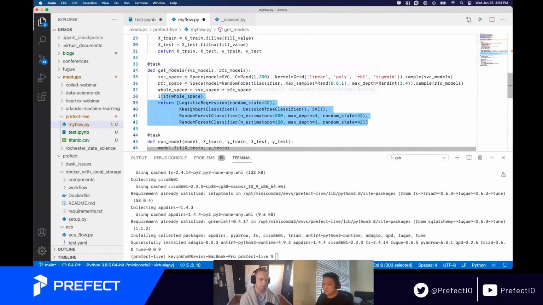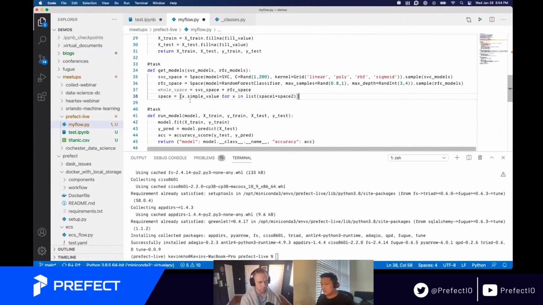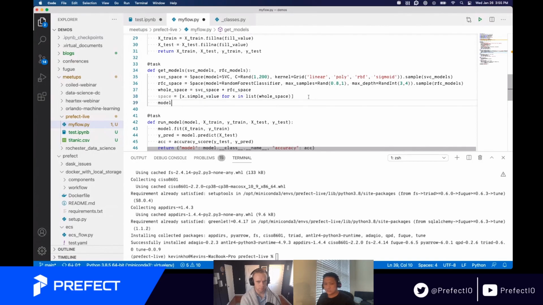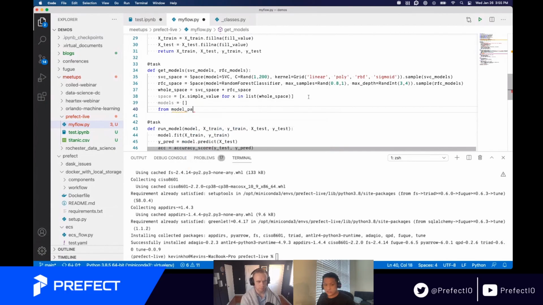Okay. Now there's just some additional things we need to do. First of all, we need to get this simple value for each item in the whole space. So x dot simple value for x in whole space here, and the simple value is a Python class. The simple value just pops it back out to a normal dictionary, and then for each of these models we're going to iterate over the space,